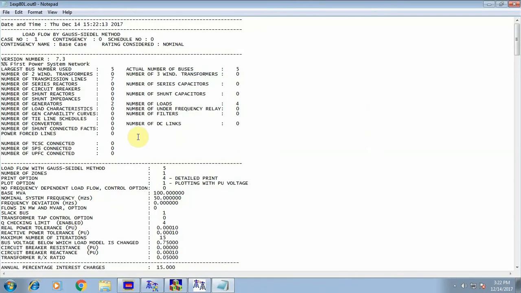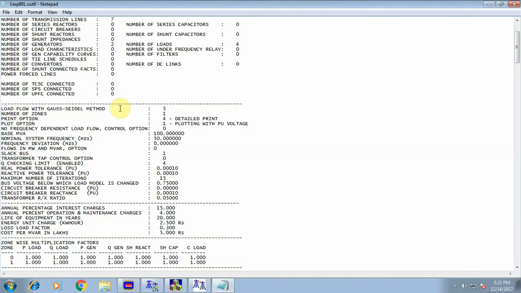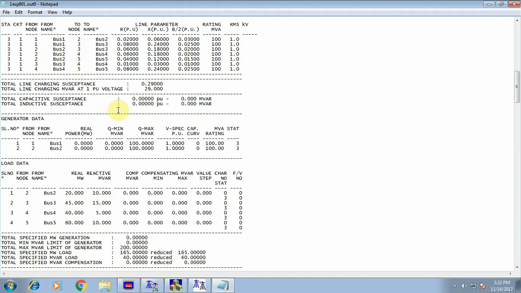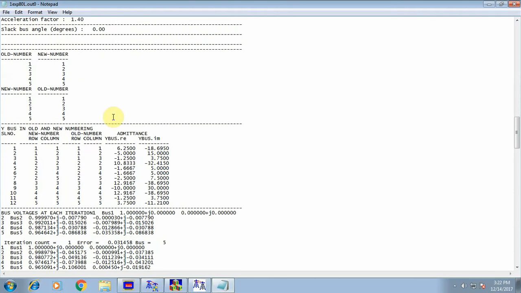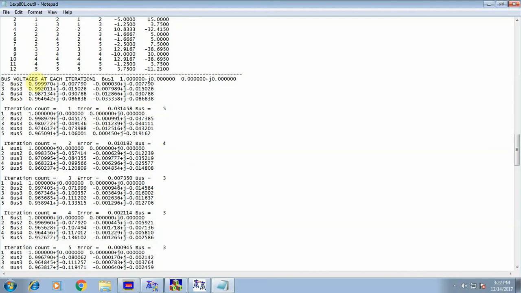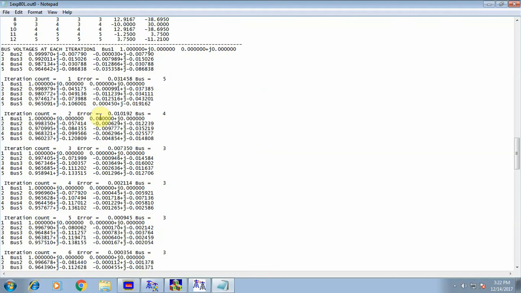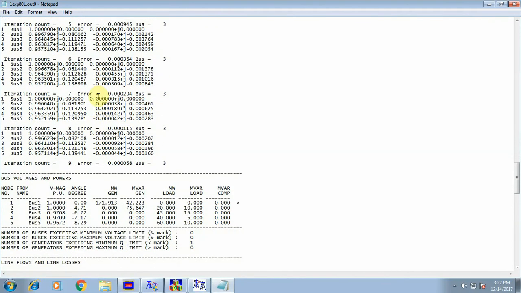Okay, then we will be having all the details of bus power system network here, and then we will be having our iteration count starting from here. We have bus voltages at each iteration. So now we can have this thing here.